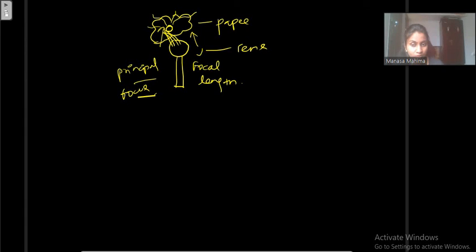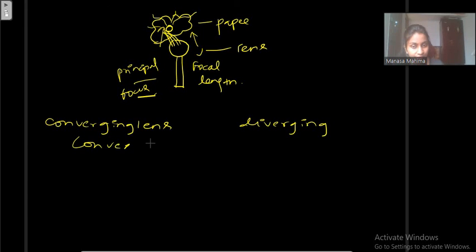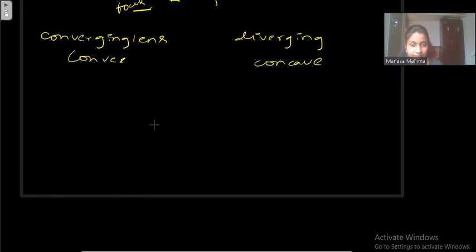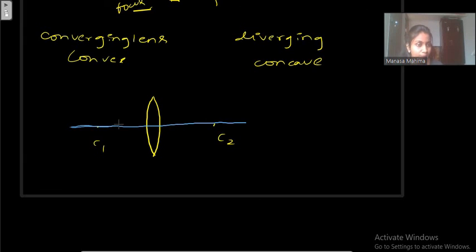Now we need to know about converging lens and diverging lens. See, I will call convex as converging and concave as diverging. Why? Because I will draw the diagram so you will get to know. This is a convex lens. It has two centers of curvature C1 and C2 and an imaginary line passing through these two points is called principal axis. Correct? This is principal axis,